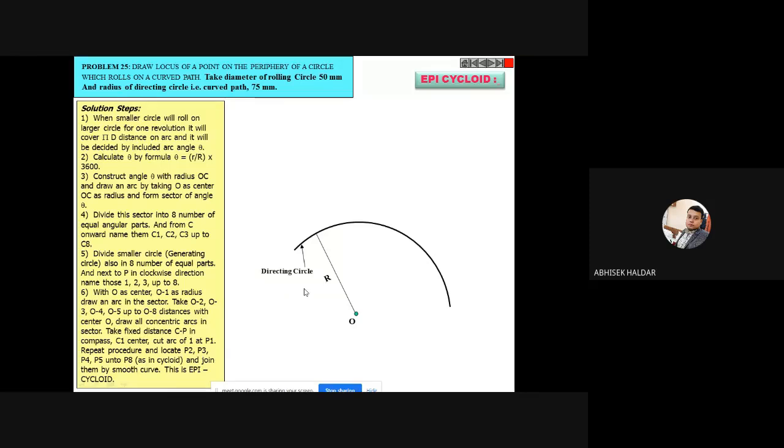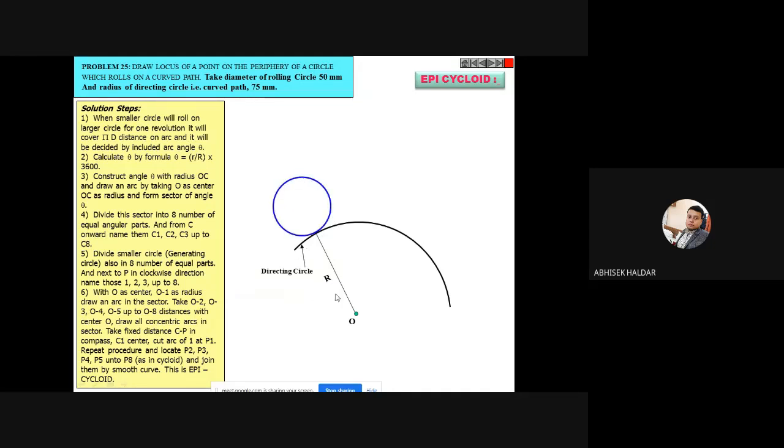Okay, now what should be my task? Tell me from your idea. Next step should be to draw the rolling circle or not? Yes, I have to place the rolling circle. Now where do I place it? I can place it anywhere. That is the first thing you have to understand. Starting point is up to you, but where will you end? End means after one full revolution, where my circle will come. That position I have to find out, but I can start from anywhere.